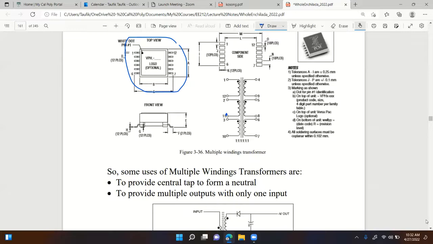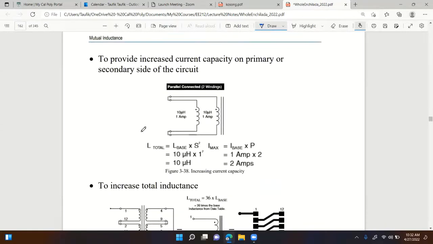Are there any other uses? The answer is yes. That'll be next. So what if you want to increase the current rating of the transformer? Let's say from one single winding, you can only get 1 amp, right? That's only rated at 1 amp. But let's say that the circuit requires 2 amps instead of 1 amp at the primary side. So what you can do here is connect another winding that also has the same rating of 1 amp, right? And then you would connect them in parallel,